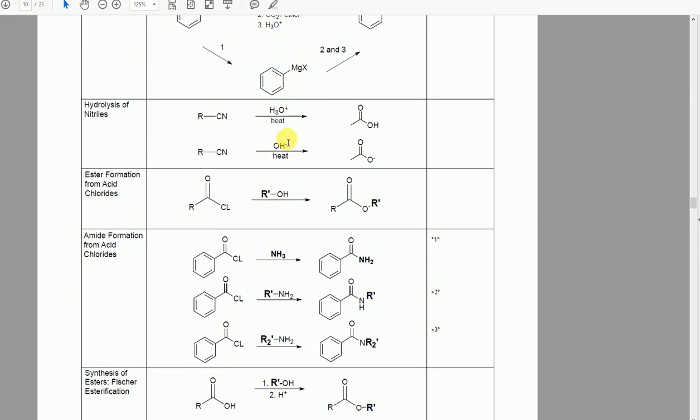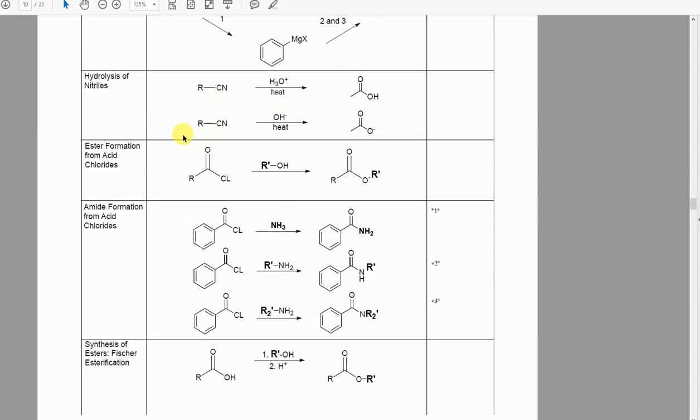This one you should know already, using the Grignard as a way to attack CO2 and to add a carboxylic acid group once you do H3O+. So this one should be fairly easy and simple to see. All right, this is something that we kind of have done already. I think in a previous video I showed it with a Grignard, and it works the same exact way, except